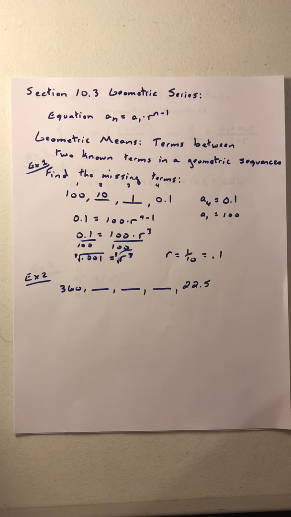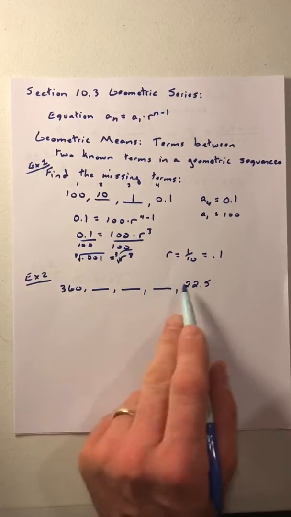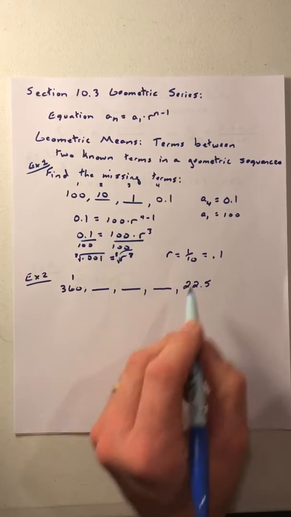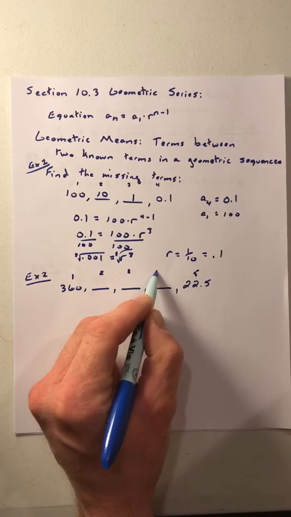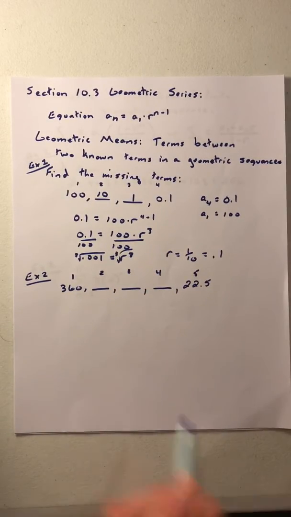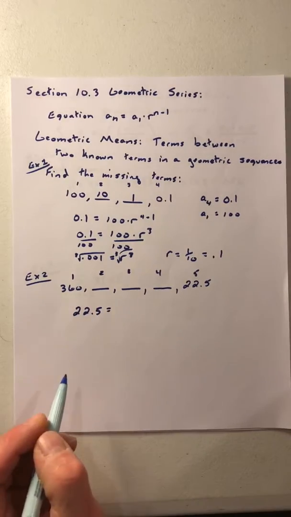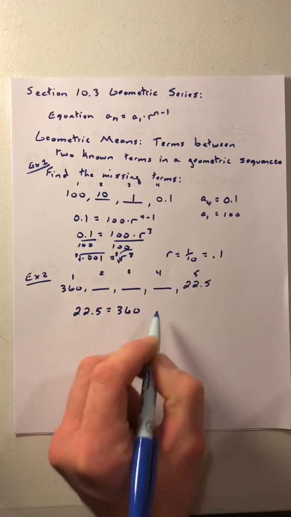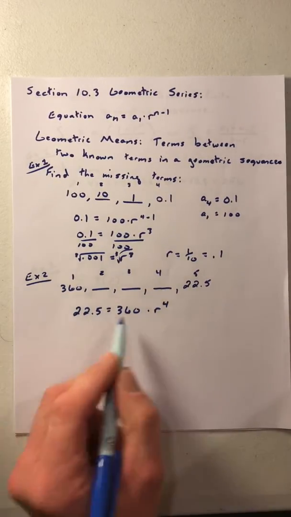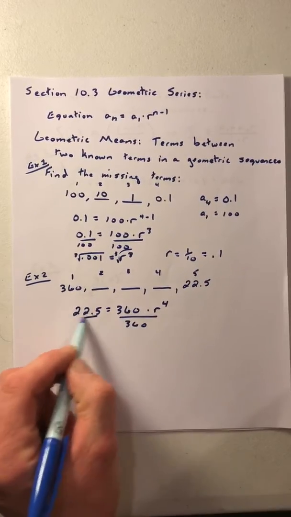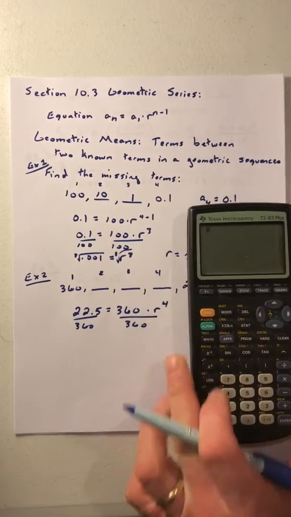Example 2, just another example to help us out here. Here we have 5 terms, our first term being 360, our fifth term being 22.5. We're looking for the second, third, and fourth terms. So here again, we know that 22.5 is going to equal 360 times r to, this time, the fourth power. Go ahead and divide by 360. Taking 22.5 divided by 360